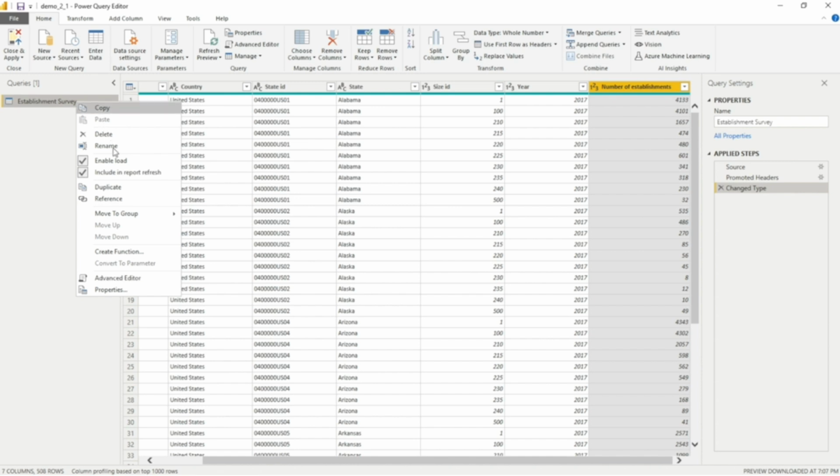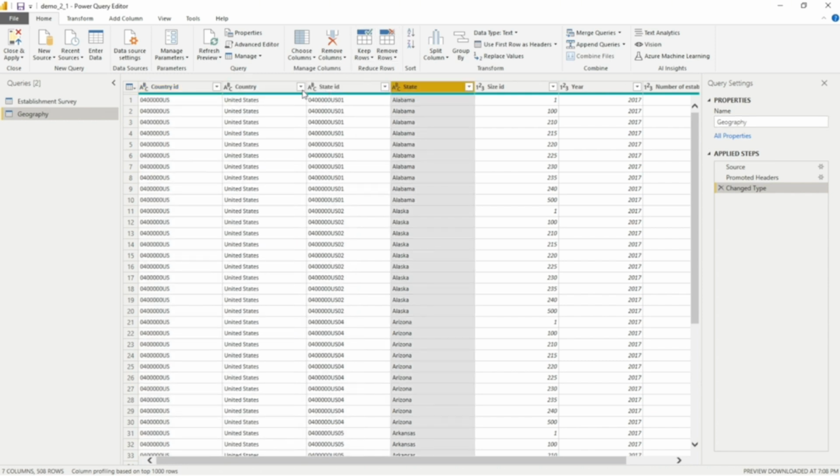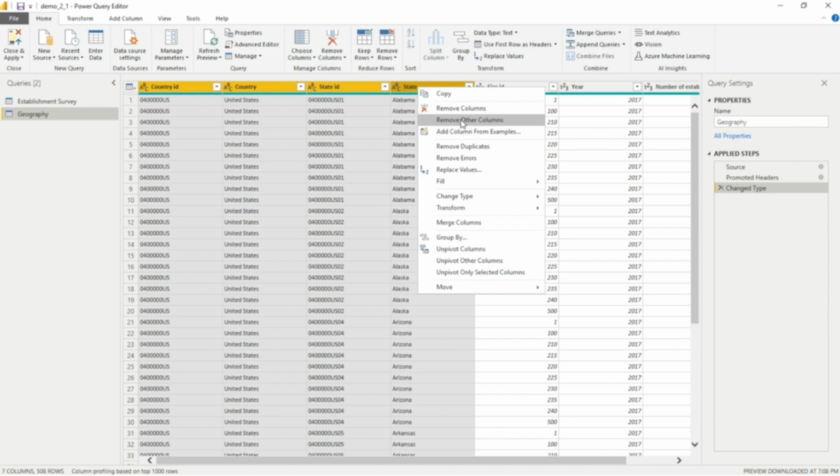I'll start by duplicating the query. This new query will form our dimension table. I'm going to rename it to Geography. We only want to keep the columns that provide more information about the geography. So I'll keep Country ID, Country, State ID, and state. I'll select them by holding the Shift key, and then I can keep only these columns by right-clicking and selecting